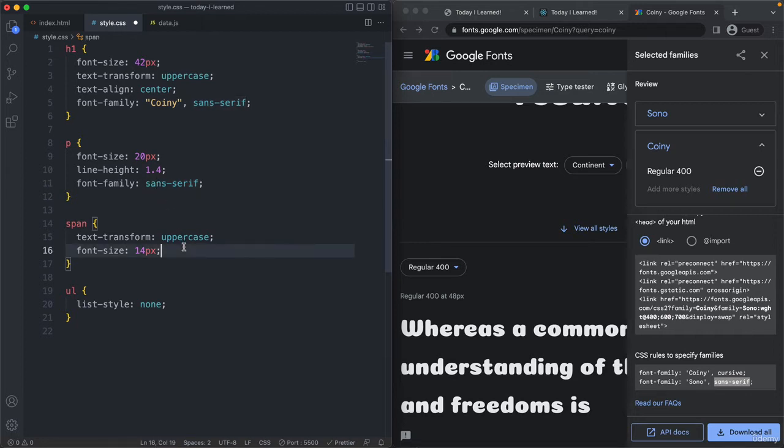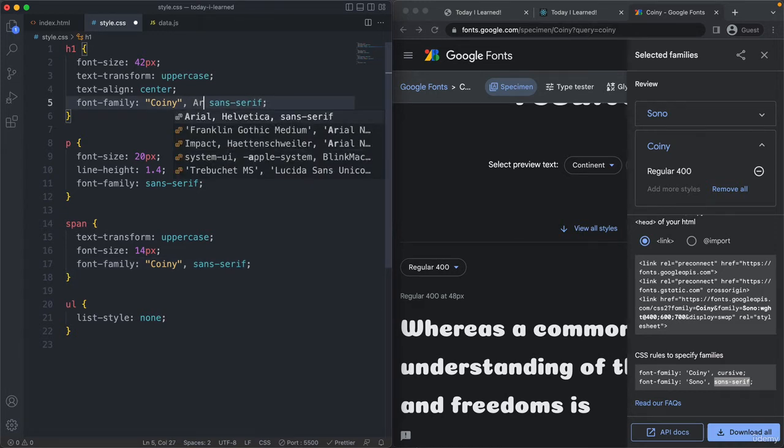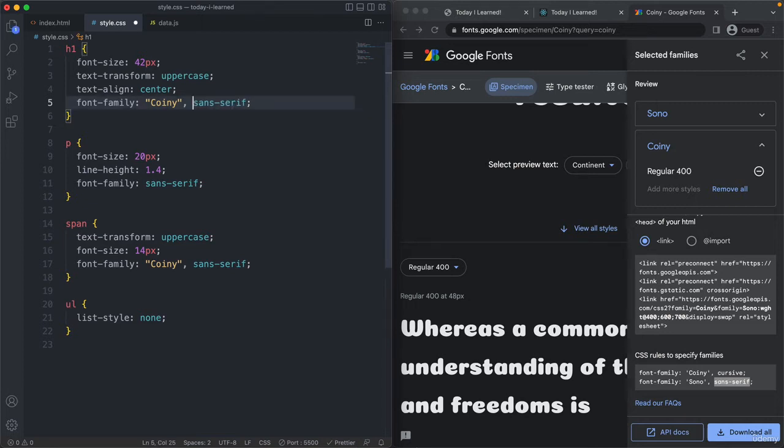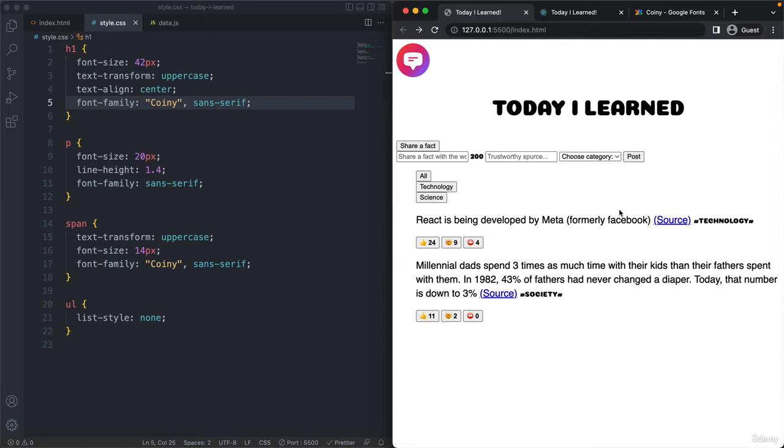Yeah, what I wanted to do is to also add this font family to the span. Okay, and of course we could also give it some other fallback. So the Arial that we were using before, for example, right? But that's not really important. So usually the font loading should be no problem, and so just the sans serif fallback should be enough. So let's check it out, and yeah,